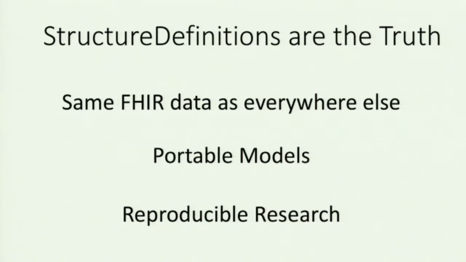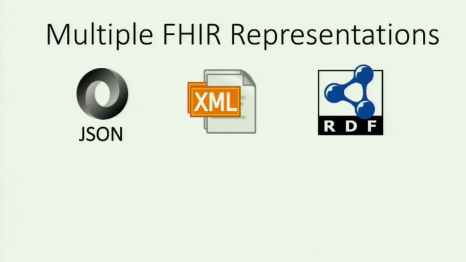So if the structure definitions are our source of truth, if they're what we're hanging off of, how do we close this? How do we make this happen? How do we implement such a system? Well, one thing that's important to remember is that the FHIR structure definitions are a logical concept, and they're independent